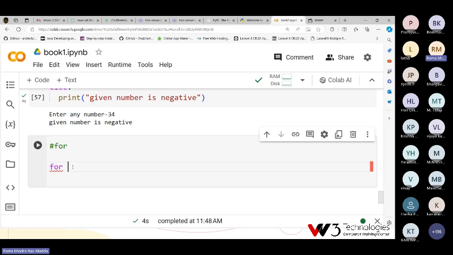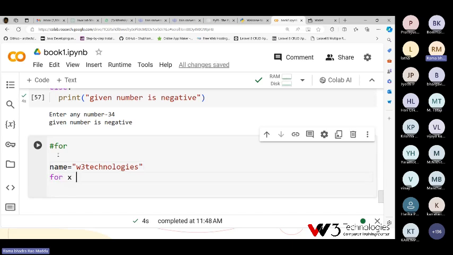For example, first of all, I want to print character by character in a string. My name is equal to W3 technologies. So I can write for x in name.